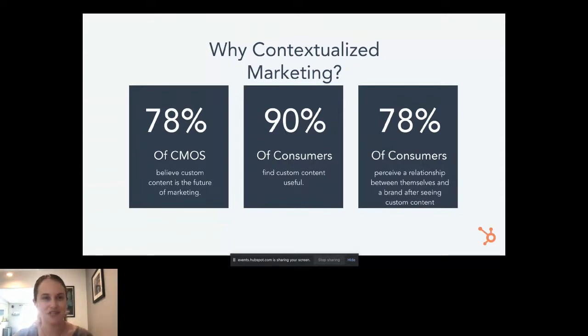One thing that's interesting is that this is also happening during a greater move for privacy in different ad platforms and across digital. So a marketer's challenge here is really, how do we create these customized experiences that really speak to the right people at the right time with the right content? And a tool that you can lean into is smart content.